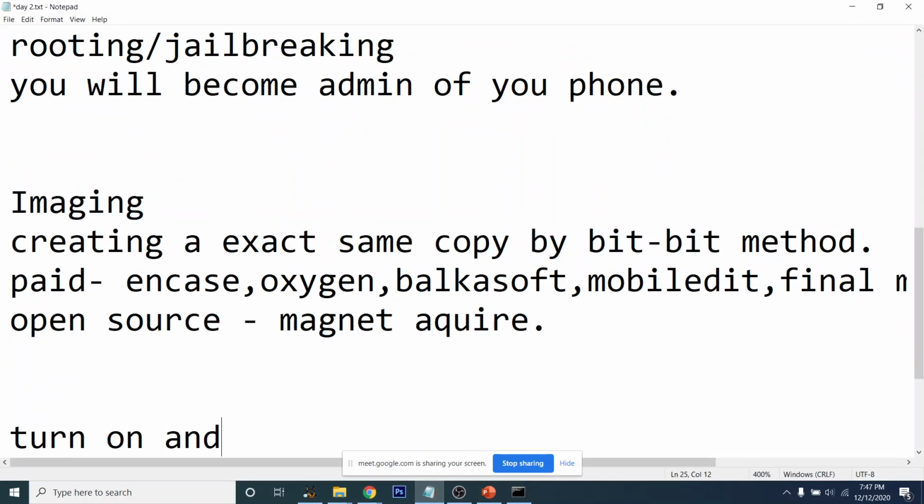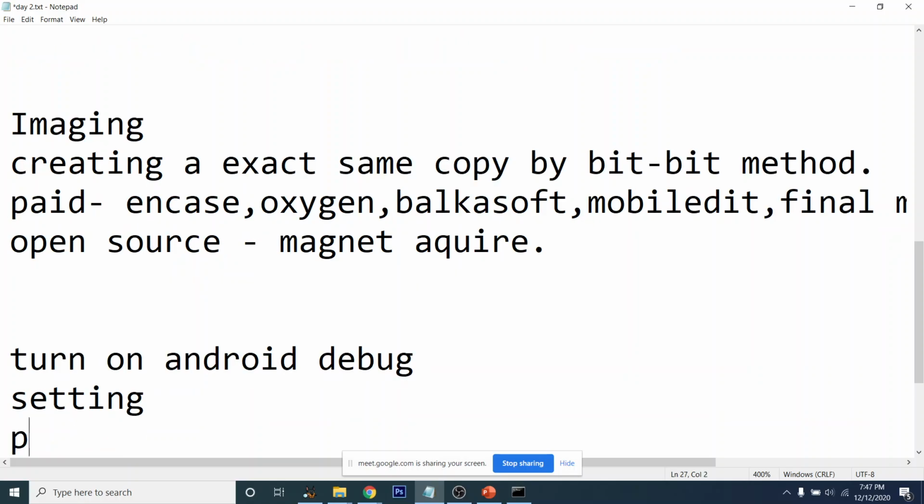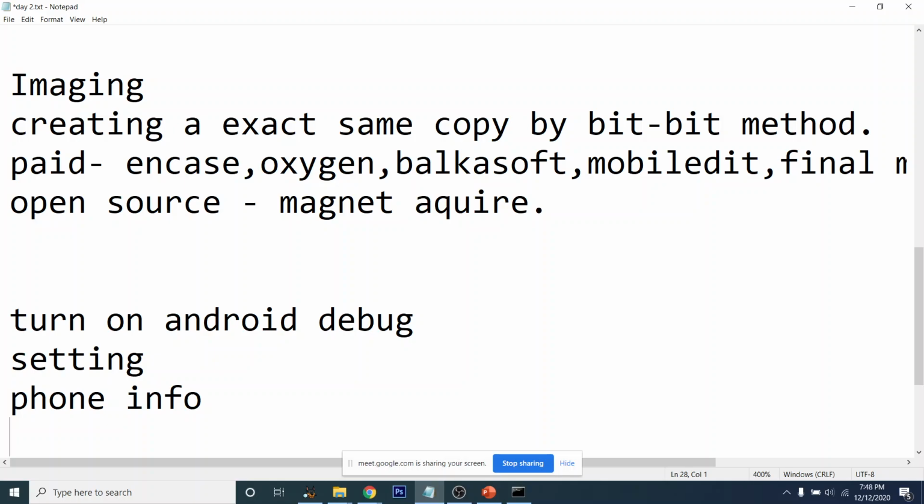Turn on Android debug. Go to settings, go to phone info, click on build number 5 times,